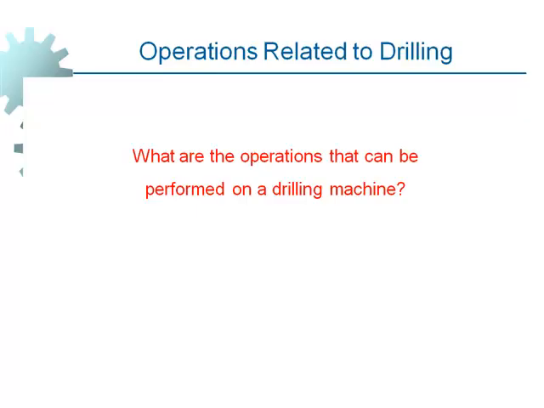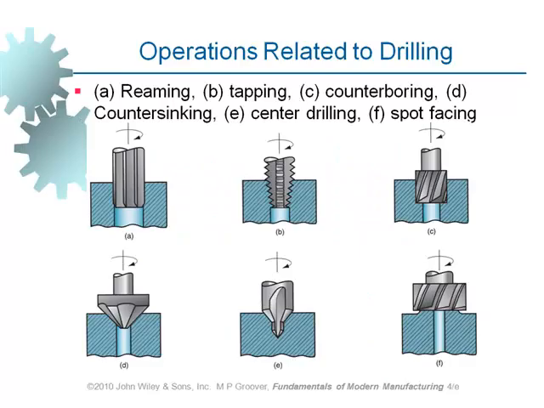Let me show you different operations which can be performed by making use of a drilling machine. Of course, after drilling, this is reaming. Now we know what reaming is, right? We had that in the video clip as well. And tapping is cutting internal thread. There is a solder number here. Are you familiar with tapping solder? Whenever I pass that solder, I remember this operation, which is internal thread cutting, tapping. And different operations, counter boring and counter sinking, which are often used in order to make room for the tip of bolts and screws